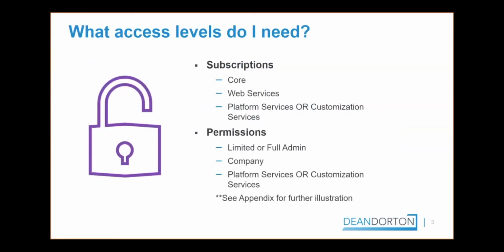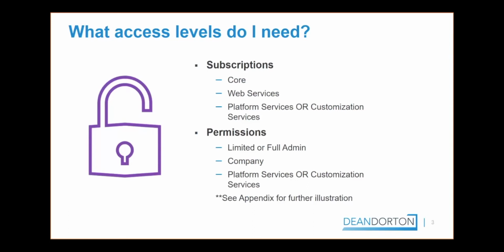So first things first, you can't do things in Intacct unless you have permissions to do them. I'm sure everyone knows that. In order to use smart rules and smart events, there are some minimum subscriptions you need, all of which are part of the core. So you need to have access to the core, which is AR, AP, GL, and so forth, web services, and either platform services or customization services. In terms of permissions, you need to be a limited or full admin. You need to have permissions for everything in the company module, and you need to have permissions in platform services